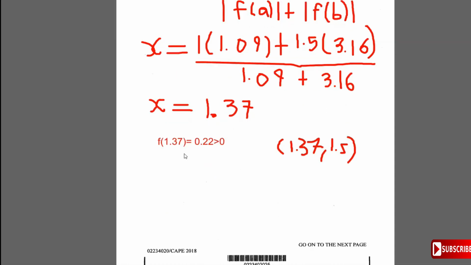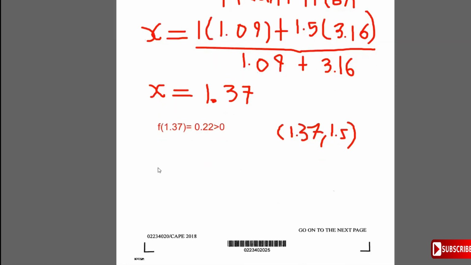So continuing, we're going to get x is equal to a, in this case 1.37, times f of b. F of b is going to be f of 1.5, which we found was 1.09,